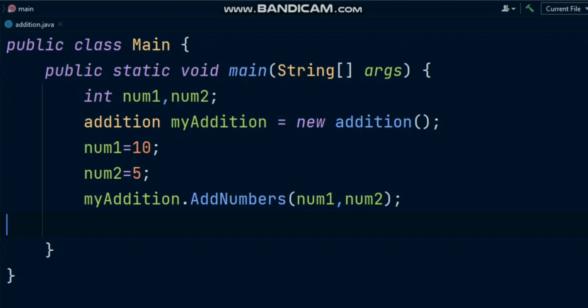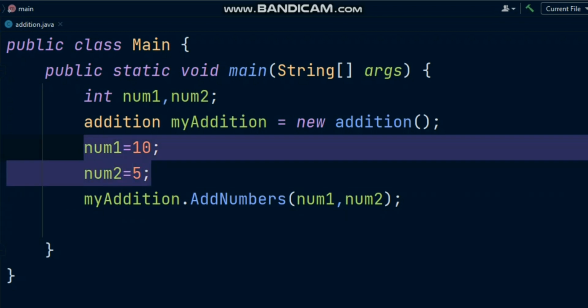Hi dear friends, in the previous video we learned how you can create a function to add two numbers. So now in this video we're going to modify the code to actually take the input from the user, because in the previous video we assigned the values in the code, but now we're going to modify it